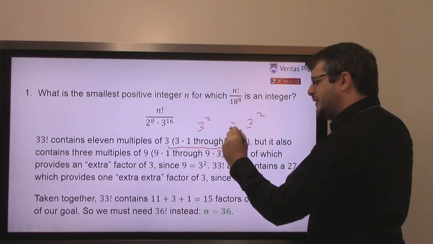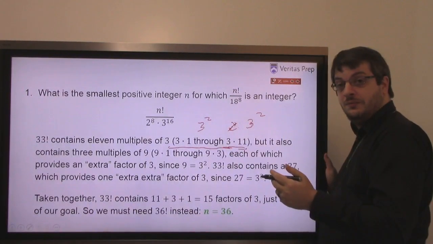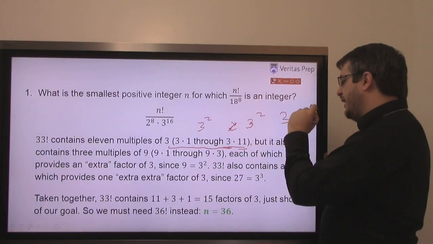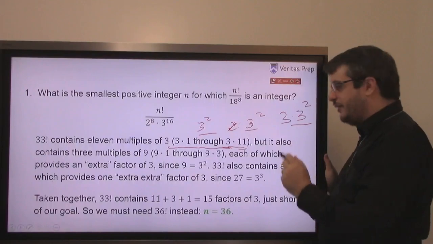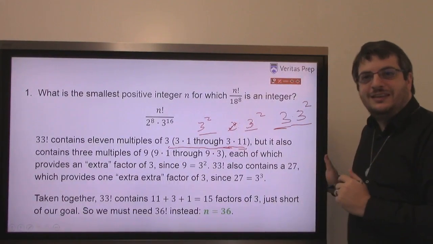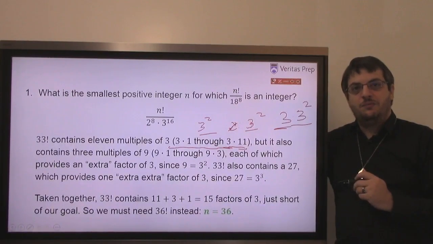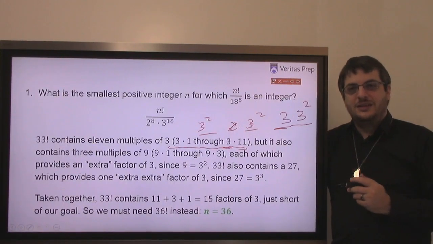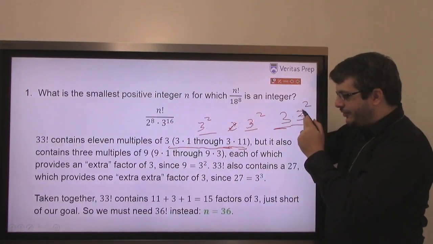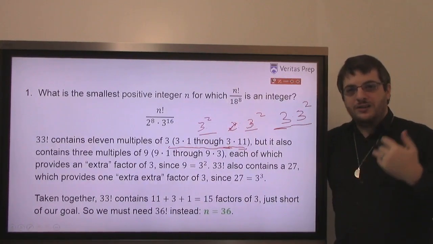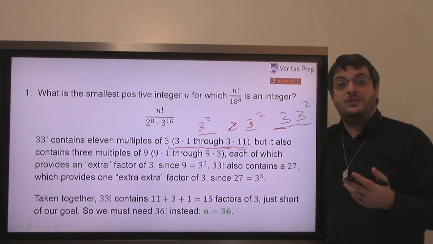And that number also gave me an extra factor of 3. And then I had 3 times 3 squared, and that number also gave me an extra factor of 3, and that's 3 more 3's. But then wait a minute, that number gave me even another extra factor of 3, right? Because that number had 3 3's in it. So if I'm looking at my extra 3's, I've got 1 extra 3, 2 extra 3's, 3 extra 3's, 4 extra 3's on top of the 11 that I started with, and that's why there end up being 15.